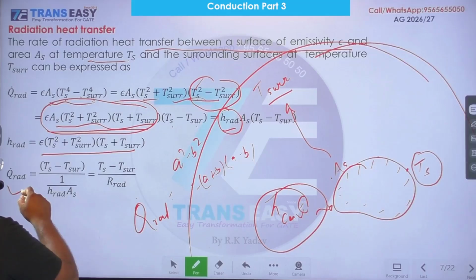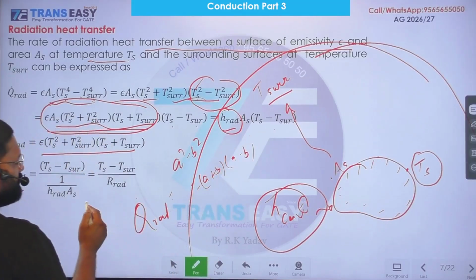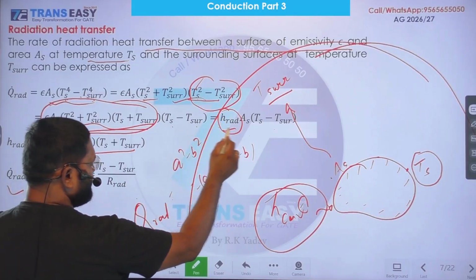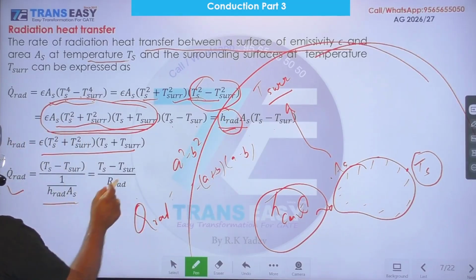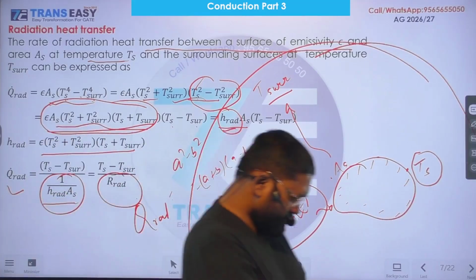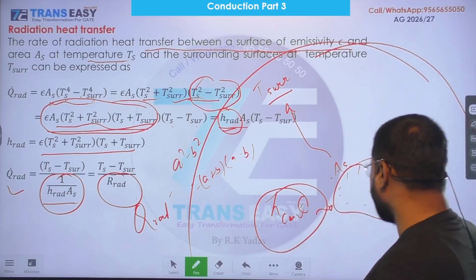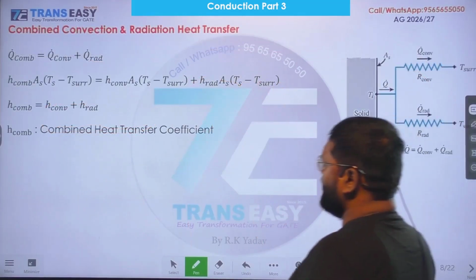Radiation heat transfer rate is Ts minus T surrounding upon 1 upon this value, and this is called radiative resistance. For simplicity, we are arranging